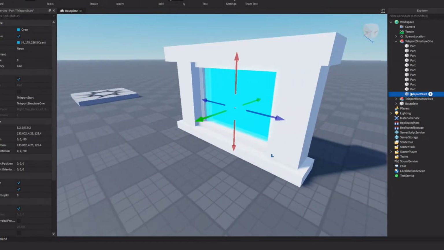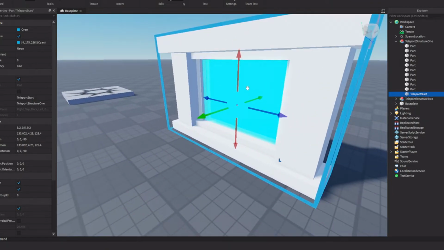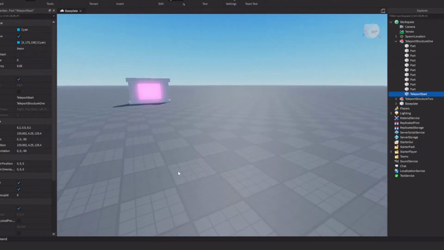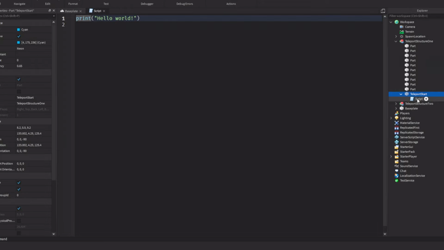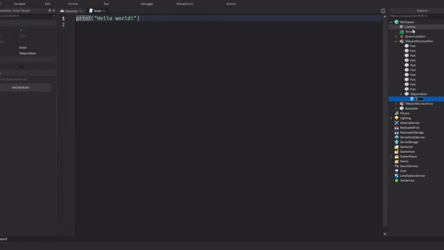So we're going to insert a script under the teleport start, so when a player touches it we're going to move them over there basically. Alright, so we're going to open a script. I'm going to rename it to teleport. Okay, so we need to define a couple of variables. So we're going to do local triggerTeleport is equal to script.Parent. Okay, and next we need to get the end,